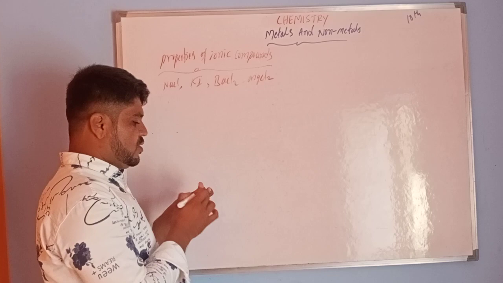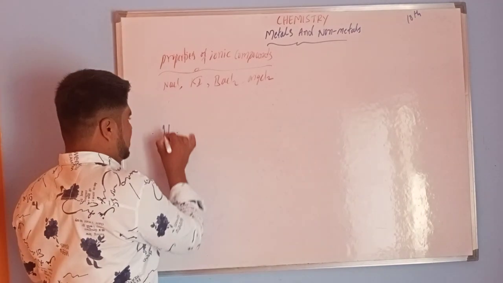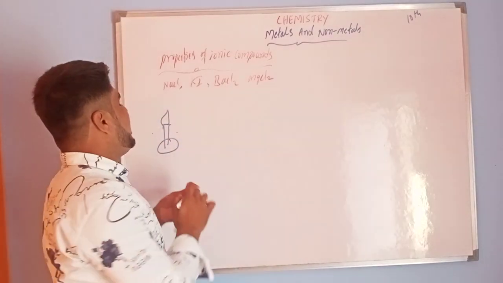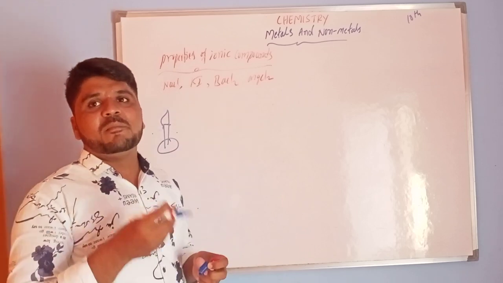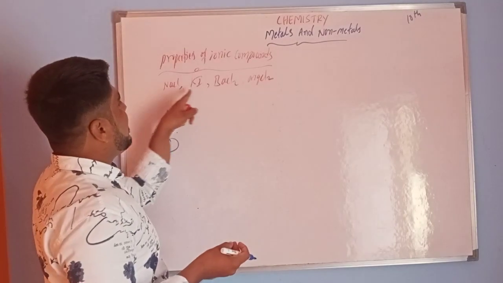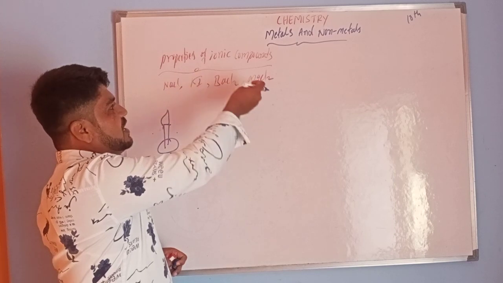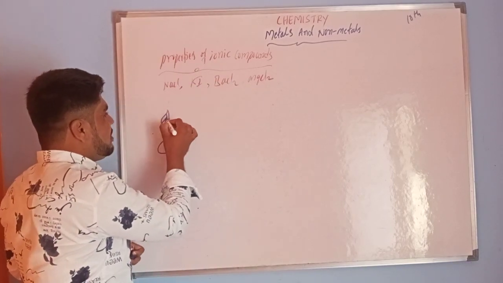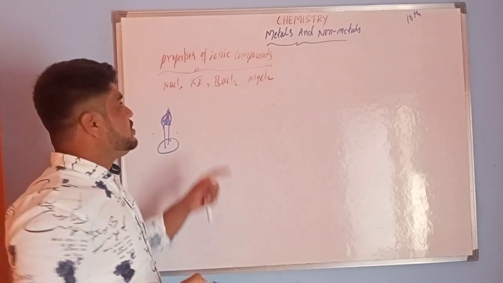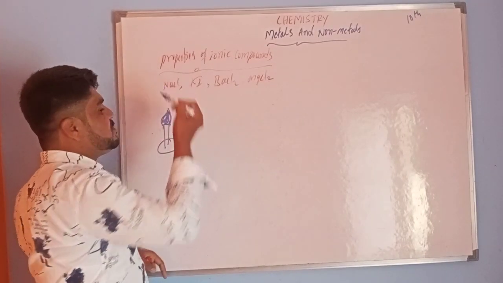For these ionic compounds, I am taking a Bunsen burner. This is a Bunsen burner. In this we have a flame. So in a metallic spatula, take a small amount of each of these ionic compounds, one salt at a time, and burn these salts in the flame of the Bunsen burner. So all salts are heated with the metallic spatula.